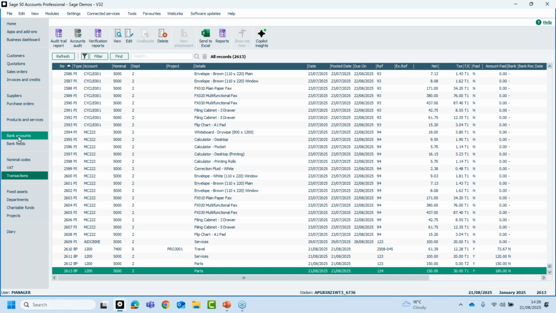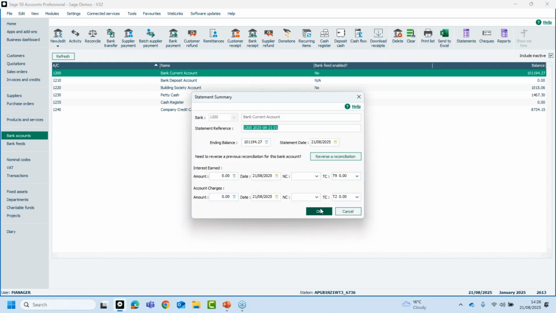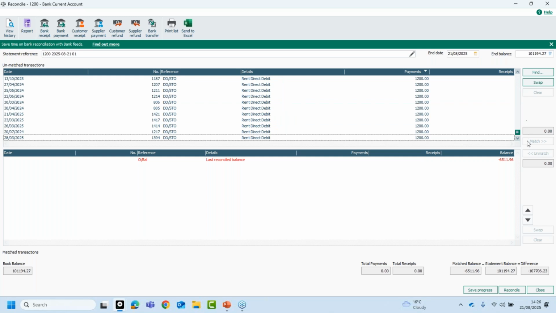Now, if I pop into the likes of bank accounts, and the reason you might use grouping might be a reporting thing, or it might be when you come to try and reconcile it. When I try to reconcile this bank account, recorded webinar on that one as well, you'll see if we scroll down to the bottom here,